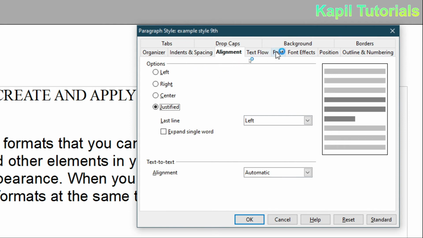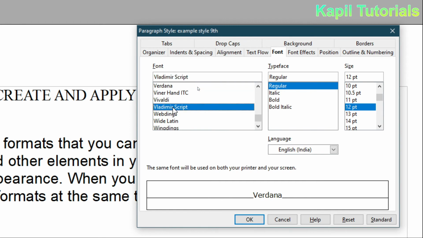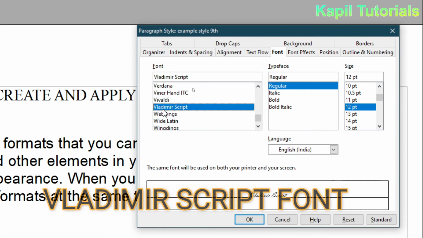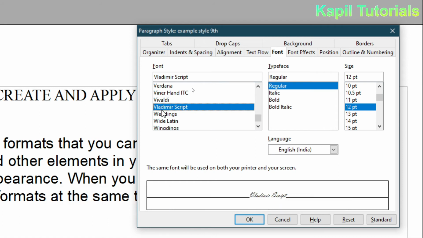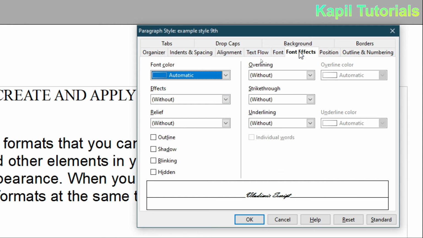Then font, I want to select this font, okay. This is just like a running head. Now I want to make some changes. Suppose I want to make it bold. Okay, and then I want to select some effects from font effects.